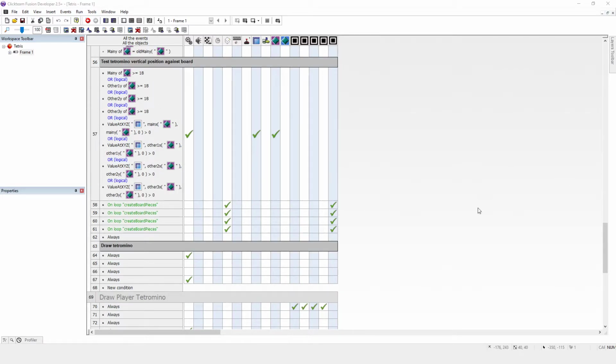But because we're basing all of our logic on this array here, we don't actually want to create these pieces individually. We want to create a function that creates all of the pieces all at once, if that makes any kind of logical sense. So this isn't going to help us later on. What we need is a function that removes all the pieces from the board and then creates them straight from the array. So if we remove a row from the array, then that will just be able to redraw the